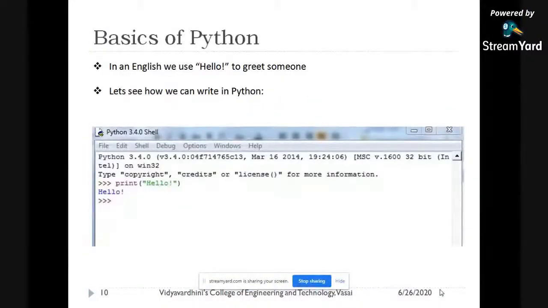Now let's proceed to the basics of Python. We already know that in English we use hello to greet someone. Whenever we dial someone with a phone call, what is the first word we say? Hello, right? Let's see how we can write hello in Python. What I have written here,